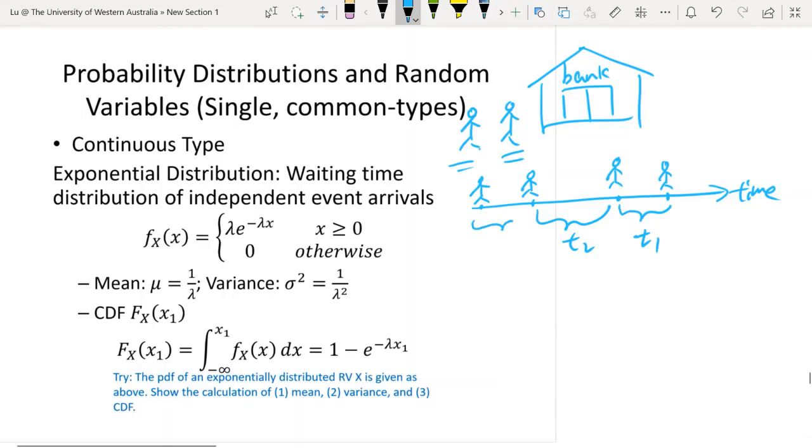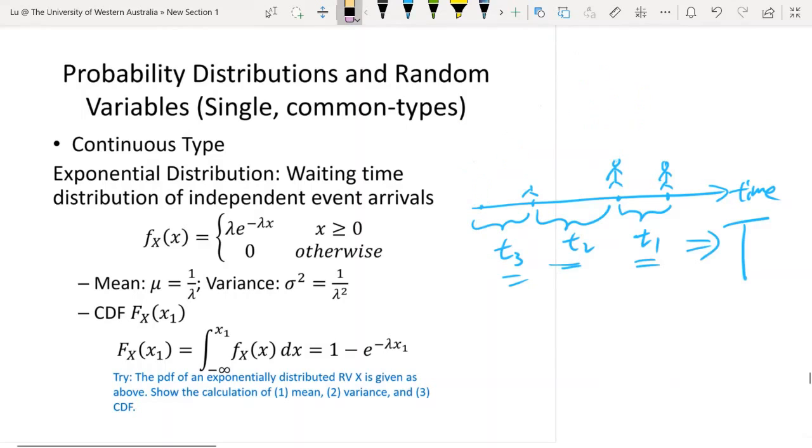So the inter-arrival times, for example T1, T2, T3, these time intervals can be treated as a random variable, capital T. This capital T follows the exponential distribution. So this is just the idea of this concept. But what is the feature of